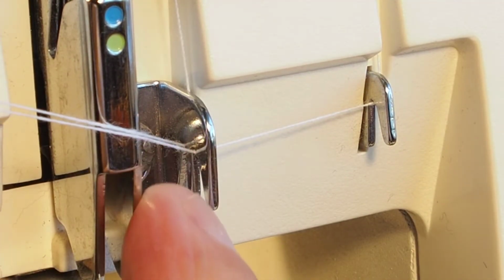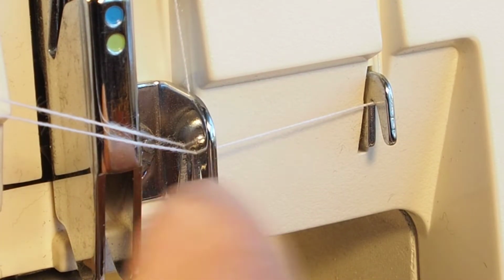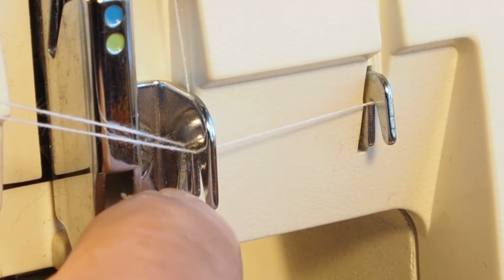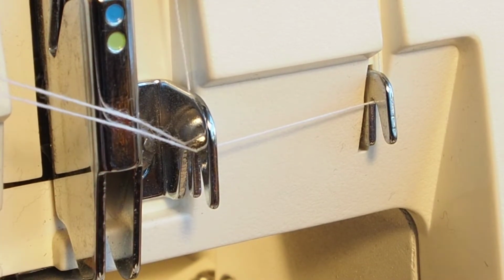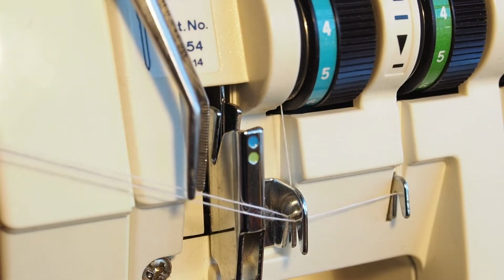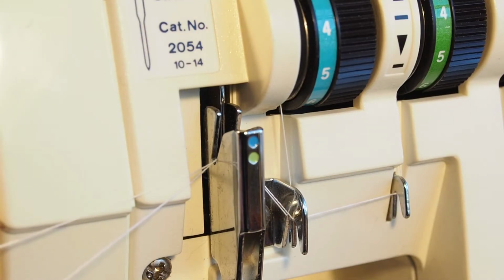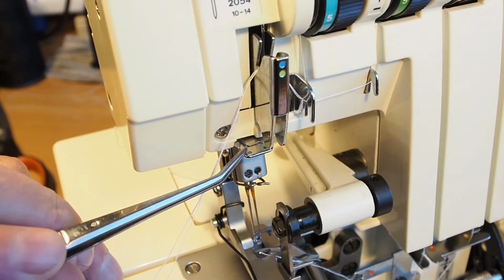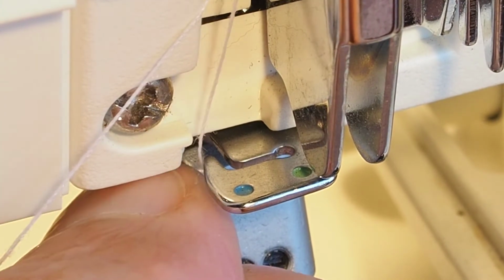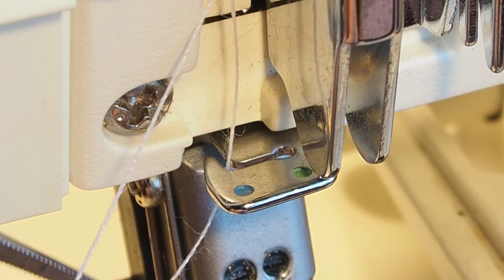I don't actually think it matters which way around they go in this loop here, but I would say probably this thread coming for the right needle to the front loop is probably the best way to go. And then just bring the threads over the top of this bar here. Just like that. And then we want to bring the threads down through this little slot here. So we've got the right needle go in behind here and across, and there's the left needle